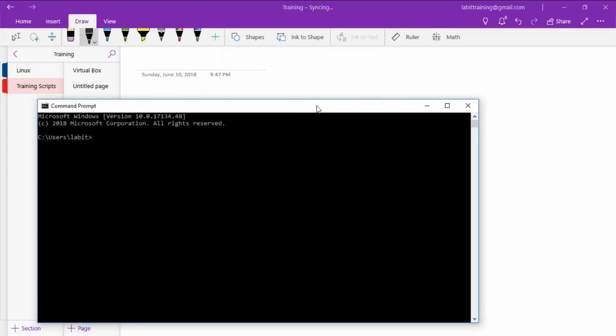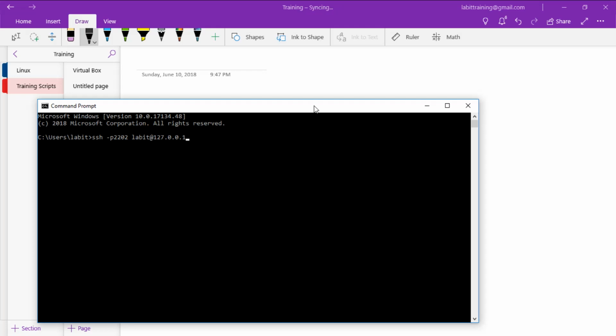We can do that by typing SSH -p to specify a port 2202, and we'll need to give a username and then 127.0.0.1. Now I'm giving it as localhost, but if you are enabling communication between two machines, then this IP address